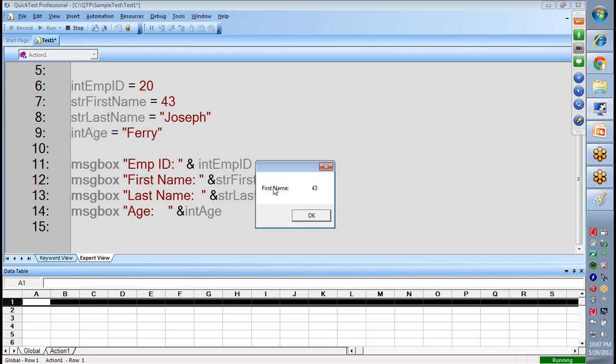Here for first name I have given 43, but what I have given is strFirstName, and a string I have to store, right? This is a logical error. That's what I said: while declaring, the prefix is not mandatory, but it's necessary. You don't have to follow these standards, but if you follow them, it is beneficial for you. So first name normally